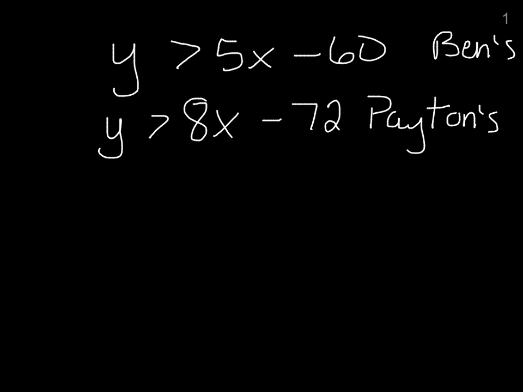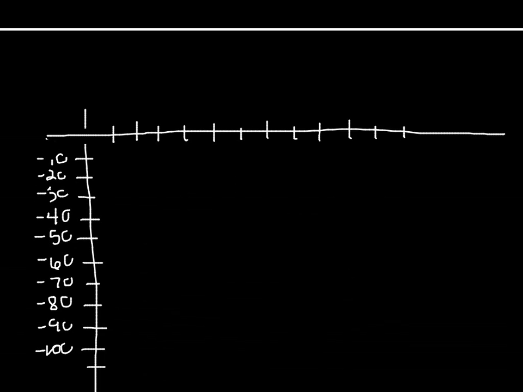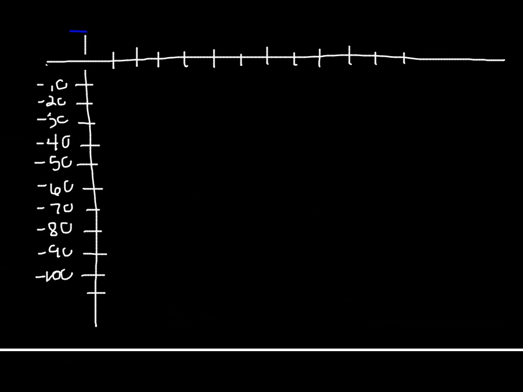So I'm going to do this on the next page, and I've got it set up so it should work out right. Y is greater than 5X minus 60 is Ben's equation. So I've done a graph right here so you can see that here are my axes, and down here is negative 60, so I'm going to put a dot on negative 60 to show how much he makes when he's sold 0 lunches. Okay, and it's up 5 and over 1, so these go by 10, so I'm going to be going halfway through here. So up 5 and over 1 would be a dot right there,